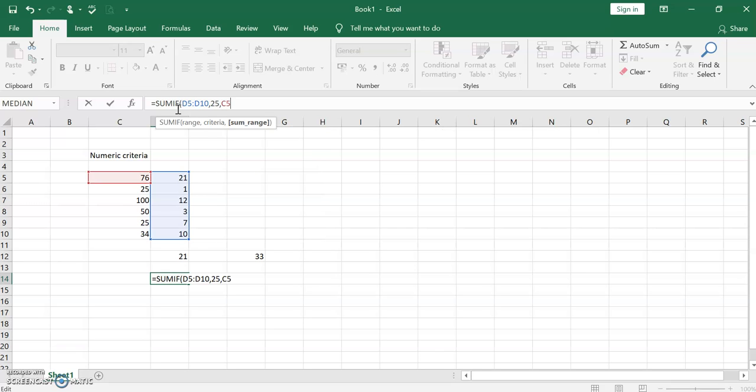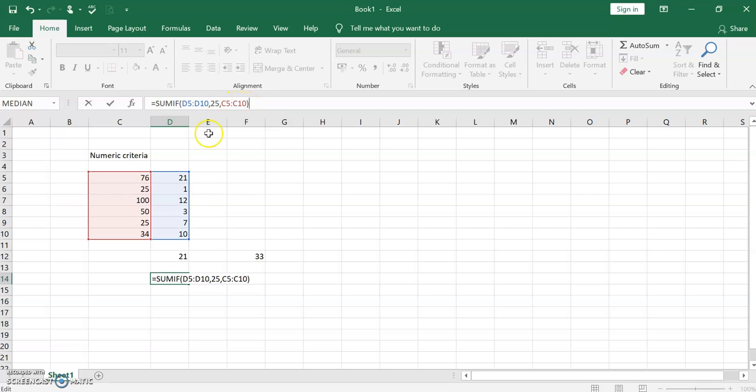C5 and C10. So wherever there is a criteria, for that criteria I have selected, I am going to give the sum range. So the very first one, D5 to D10, is the range. For that range, where there is a criteria, I have selected the criteria of 25. For this range and this criteria, what is the range you are going to select?